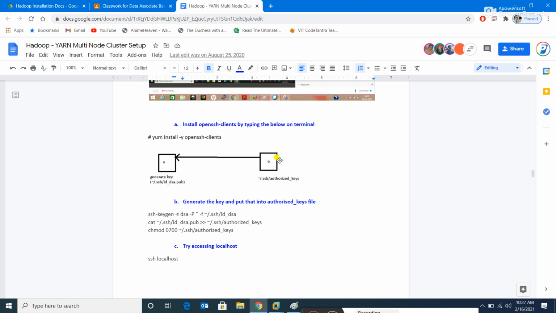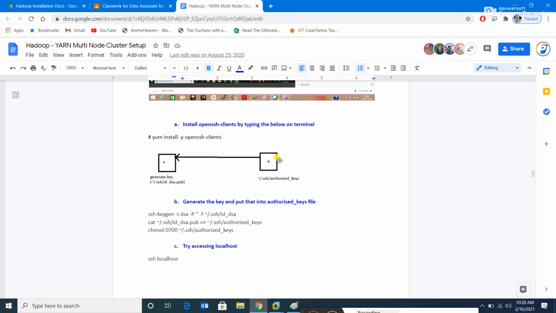We will give a chip where the password is already set up. Let's say we give an RFID chip where the password is stored. As soon as you come, you just scan your RFID and enter. Something like that we are doing here. Instead of typing the password every time, we are just sharing a key, so that when machine A is connecting to machine B, you need not manually type the password. The machine already has the authorized key and will directly get access to machine B.